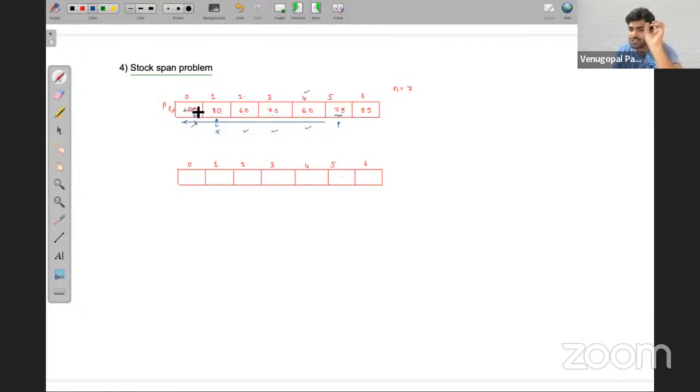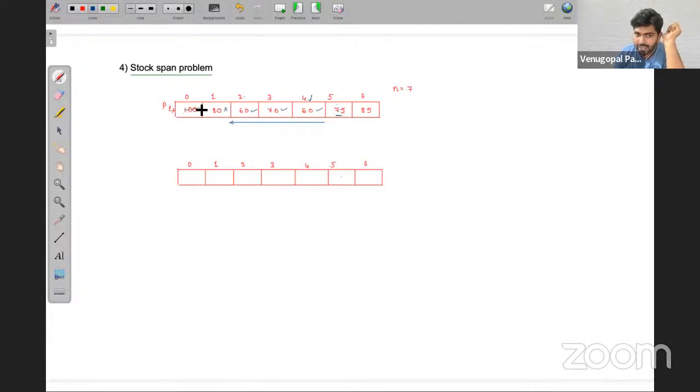it. Why? It should be consecutive, friends. It should be consecutive. Okay. So those who did not understand, I'm repeating one more time. You take any day. Just before one day, I mean, before that element, see consecutively how many elements its value is less than or equal to this number. So here 60 is also small compared to 75, 70 is also small, 60 is also small compared to 75, but 80 will not be small, 80 will be big compared to 75.